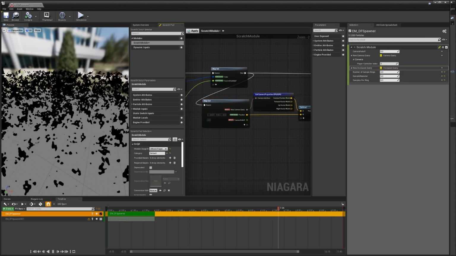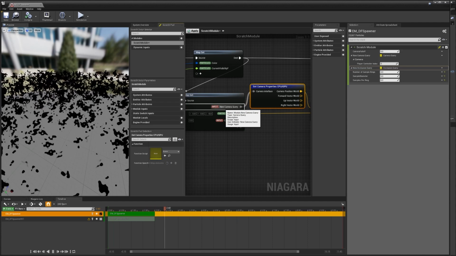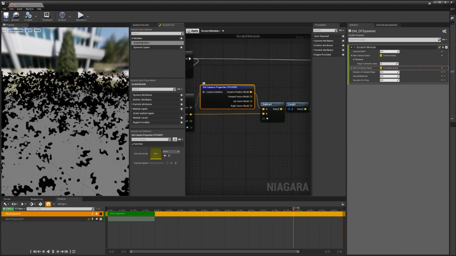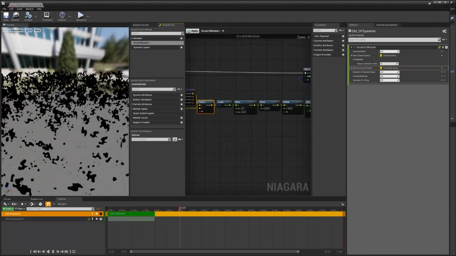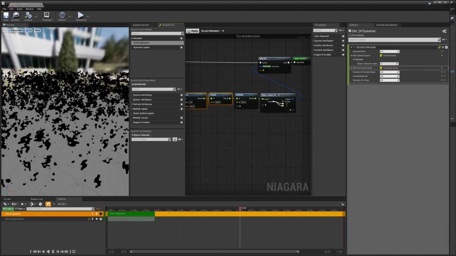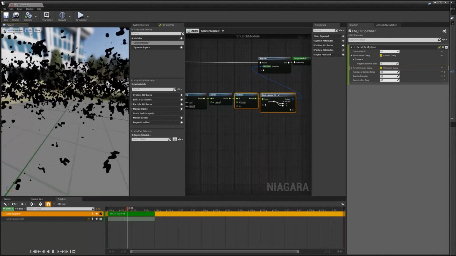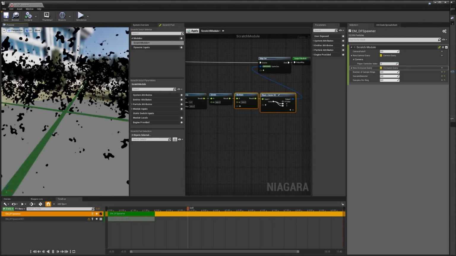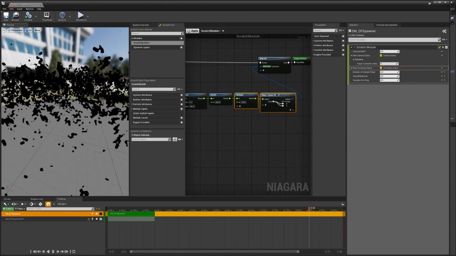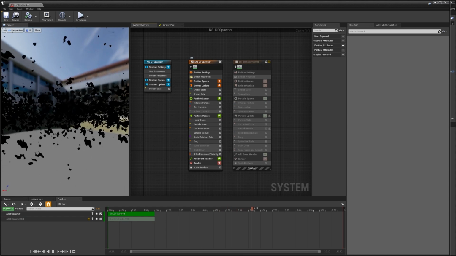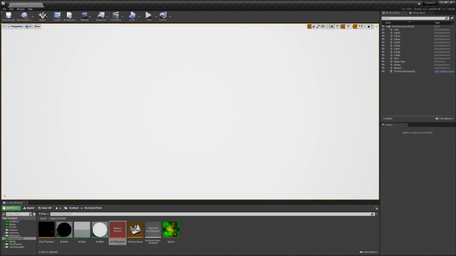Then I'm doing a second get, which is using camera query, which is another new query that we have inside Niagara. I'm getting the world position and the particle position, subtracting one from the other, normalizing, and then multiplying by 250 to set the sprite size. This means that as I get closer to the particles, they disappear, which can help reduce any size issues that we may have on the object. Then we have some standard spawning and some motion that we're putting into place, and that's all it needs.